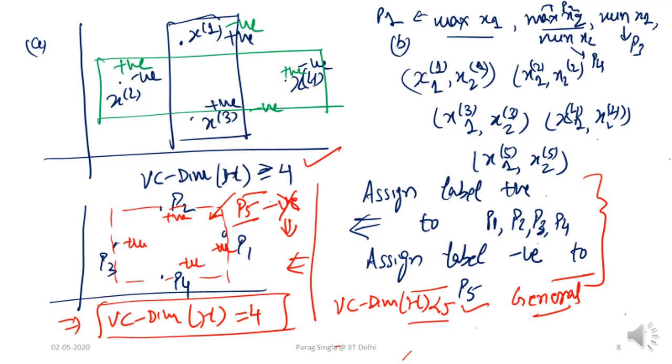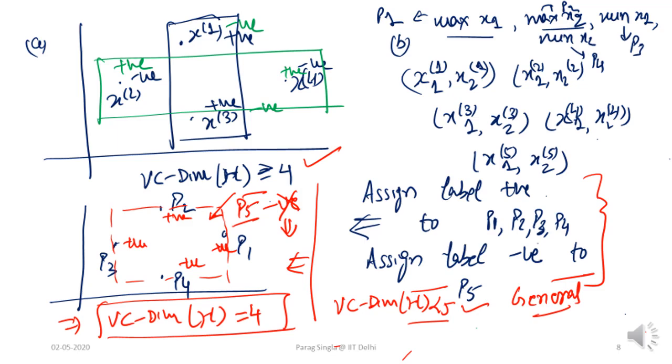And because we cannot really enumerate all such sets, we have to make a general argument. We have discussed that. So let us now look at this particular example. Let's say someone gives us 5 points in the 2D space, and we will try to make an argument that given any set of 5 points, they cannot be shattered by this hypothesis class of axis parallel rectangles. To make this argument is slightly involved.